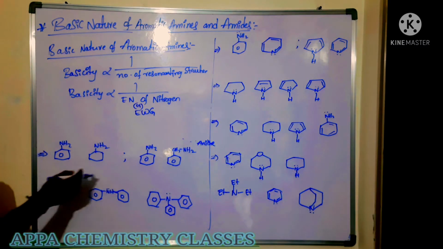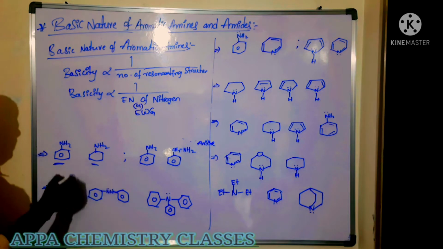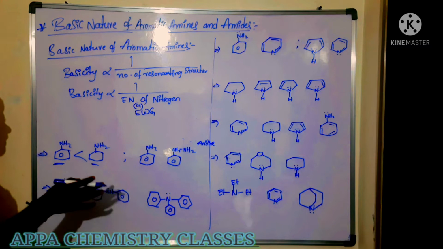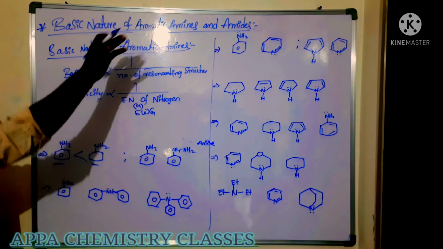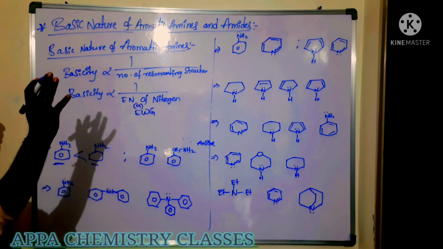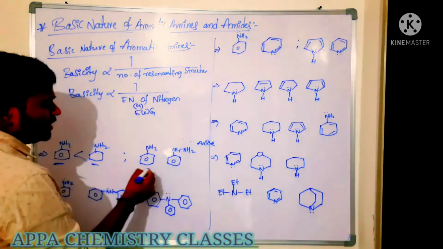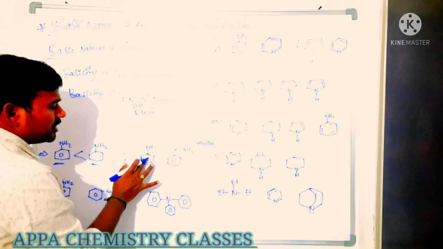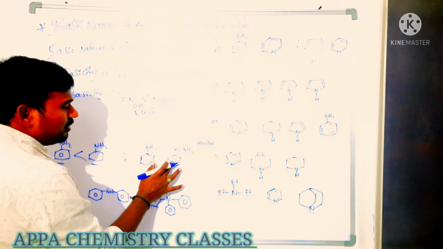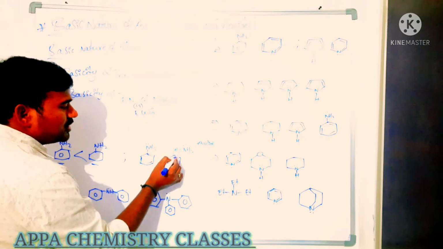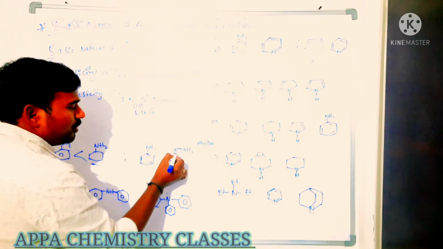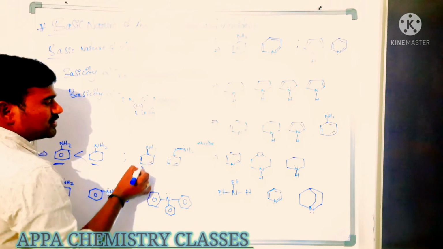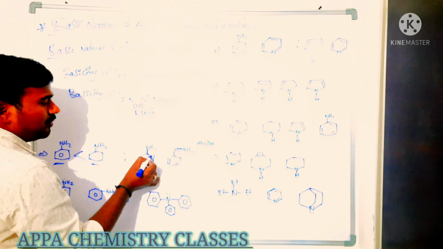Still we have so many. You can see here, this is an aromatic amine and this is an aliphatic amine. So simply by seeing whether it is aromatic or aliphatic, you can decide whether it is more basic or not. Just now I told you aliphatic amines are more basic than aromatic amines. Among these, here the lone pair of electrons is in conjugation with the benzene ring. But here the lone pair of electrons is not in conjugation with this benzene ring, because the lone pair and the pi bonds are separated by 2 sigma bonds. Whereas here there is 1 sigma bond between the lone pair and the pi bond.